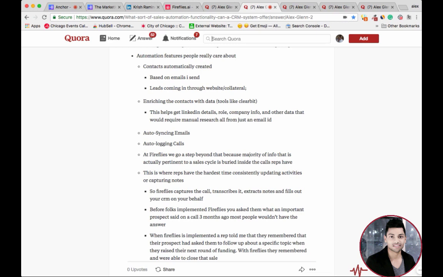So people expect CRMs to have these rich integrations with outside tools. That's another aspect of, if you want to have Fireflies work, or if you want to have Outreach or Nova or any of these extensions work, a lot of the CRMs need to be able to plug in. And that's why we see the rise of app exchanges like with HubSpot and Salesforce. CRM on its own will have all this siloed data that needs to be routed into place.